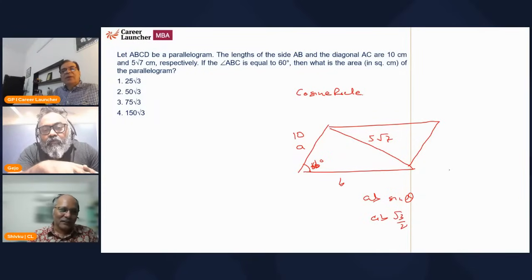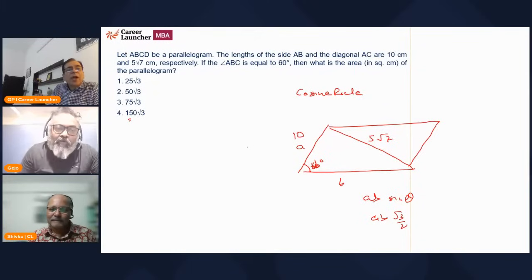बिल्कुल, B का वैल्यू more than 10 है तो तुम्हारा आंसर 50 √3 से ज्यादा होना चाहिए। It has to be 75 √3, and 150 √3 is too big. Right. ठीक है, मेरा कुछ आया था, कुछ किया था मैंने।